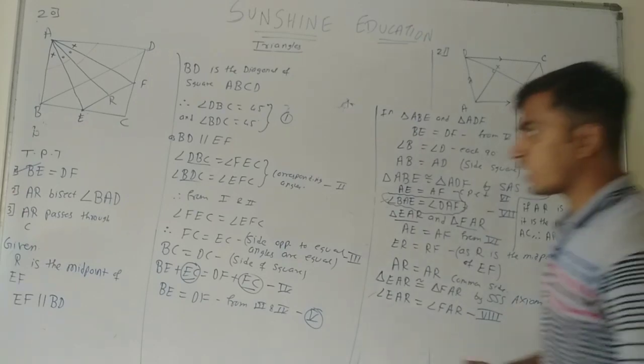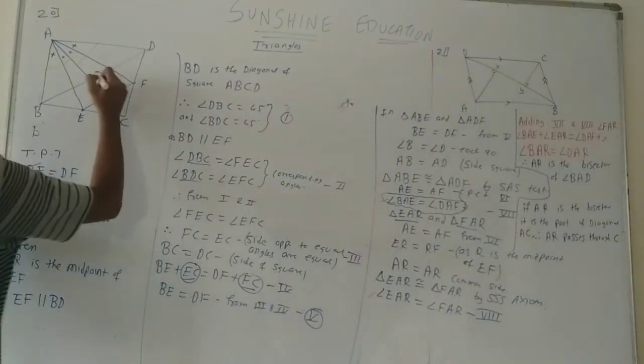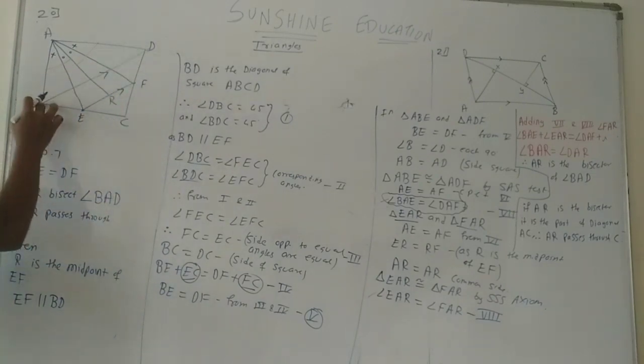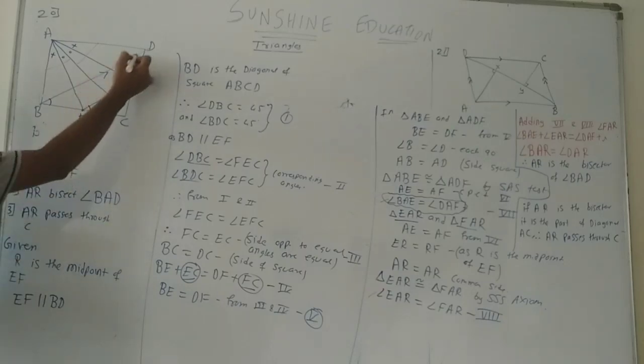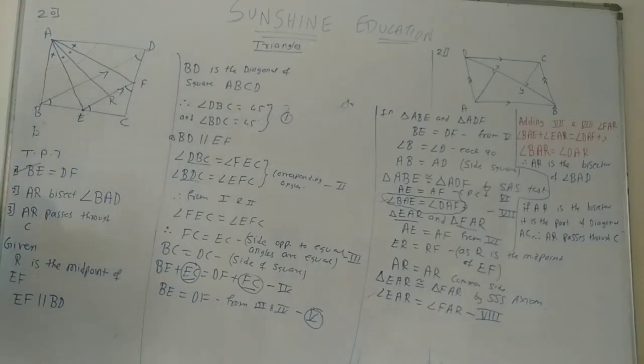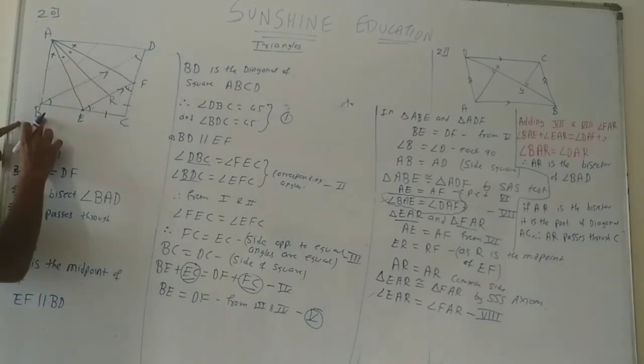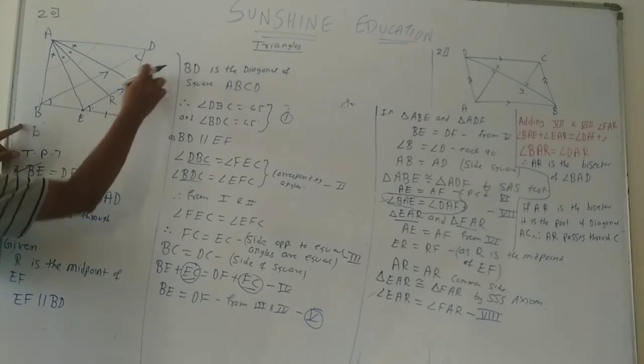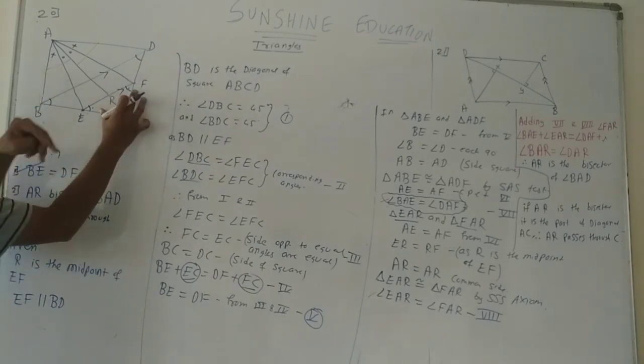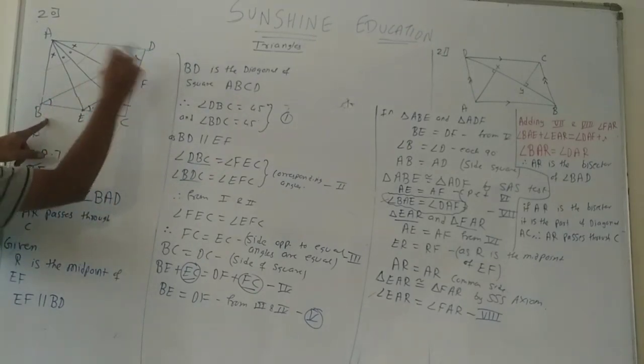First, let's have a quick recap of what we have done. First of all, we know that these two lines were parallel. Diagonal divides the angle into two equal parts. So this was 45, this is also 45. These two angles are same, these two sides are same. We know that BC is equal to DC. So writing it in the form of BE plus EC, DF plus FC, these two parts are equal. They are cancelled. We have BE is equal to DF.